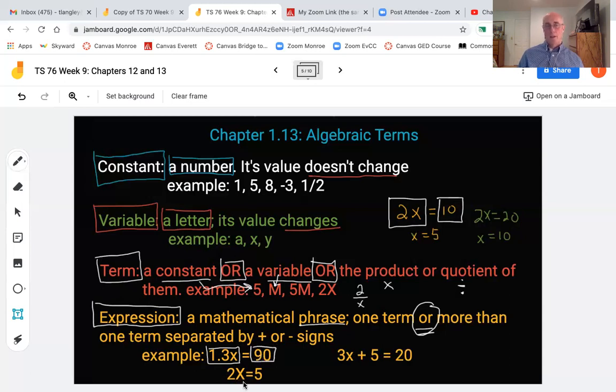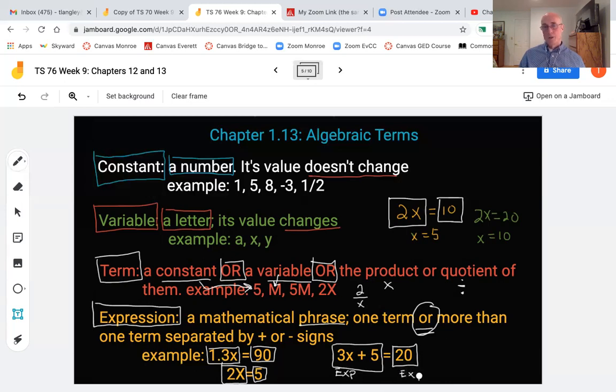In the next example, 2x equals 5. 2x is the expression. It's half the sentence in a sense. 5 is an expression. It's the other half. Look at this example here. 3x plus 5 is 20. 3 times 5 is 15, plus 5 is 20. X must equal 5. All right, this is one half of the equation here. This is an expression. I'm going to put EXP here to stand for expression. This over here could be a term or it could be something separated by a plus. This is also an expression, okay?